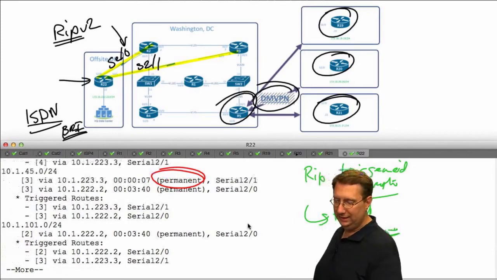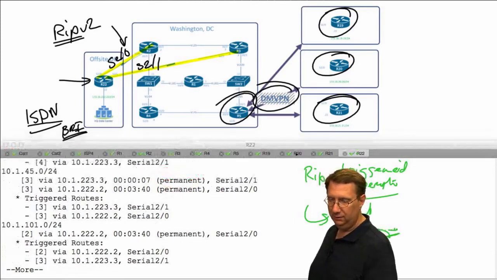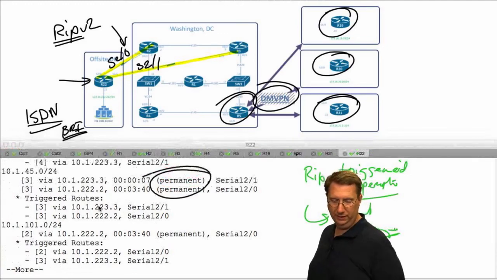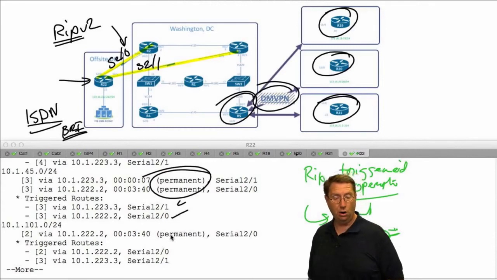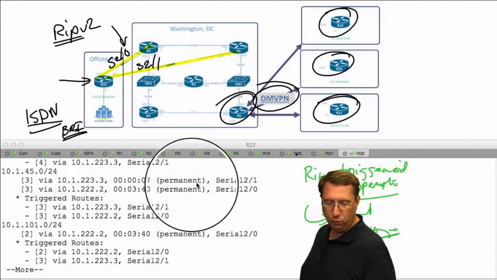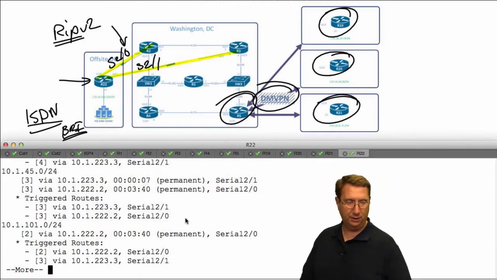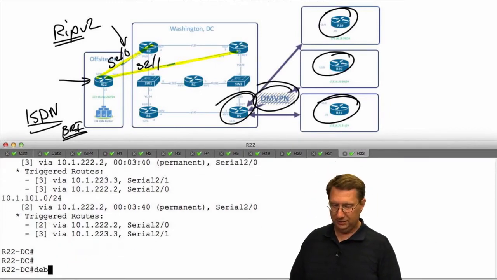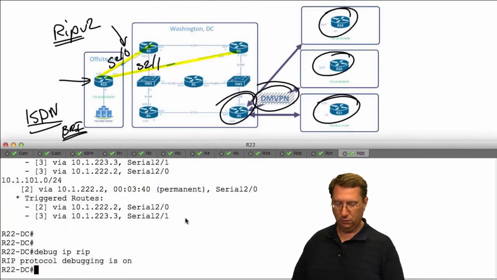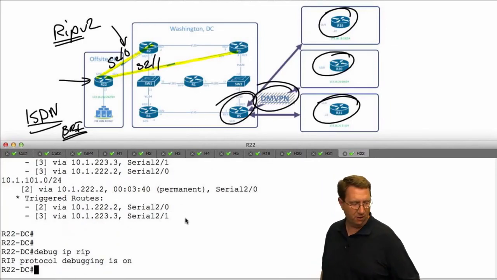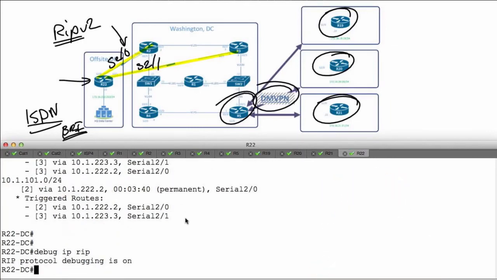Okay, now we see that everything is listed as permanent that we're learning on each of these interfaces and what these triggered values are. So the last thing before we wrap up this part of our presentation is that I want to execute a debug. So we'll say debug IP RIP, and we're going to hit enter, and we're just going to wait. I'm going to take myself off the screen while we're waiting, and let's see what's happening on this device,